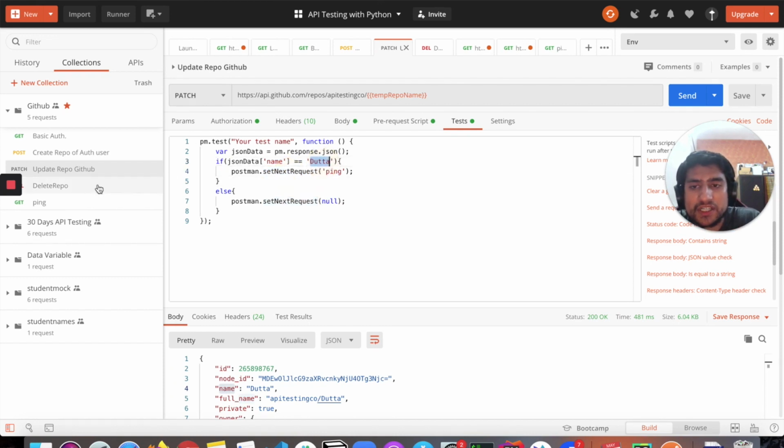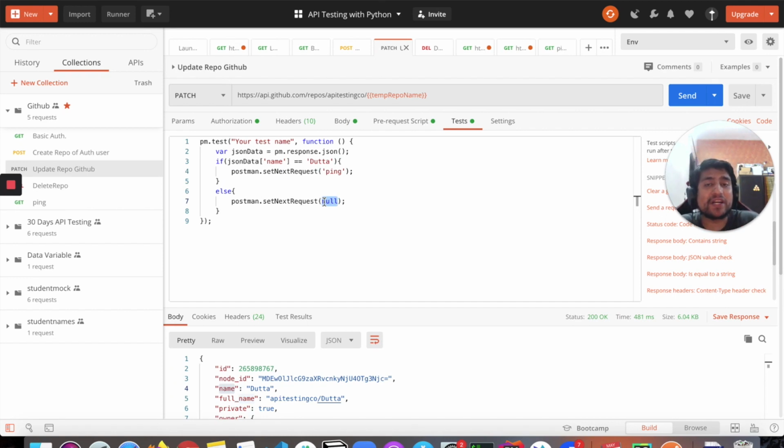If there is a particular condition, I want to run this one; if there is another condition, I want to run that one. In the else part, I can also delete the repo. And if you pass null, nothing will happen and it will just stop. Since the name is equal to Datta, the ping request was done. If the name was not equal to Datta, meaning the patch was not successful, it will just stop the execution. That's how you can add logic to it.